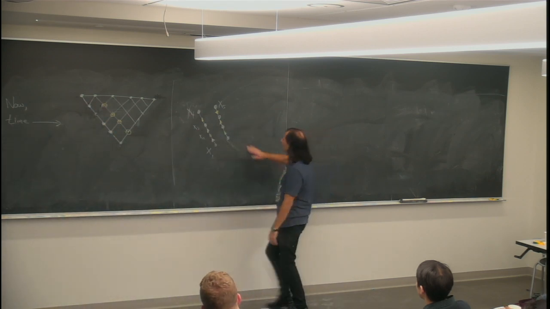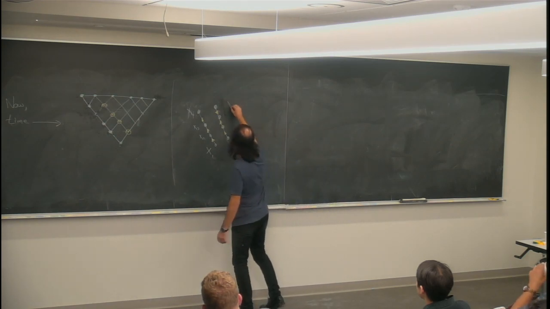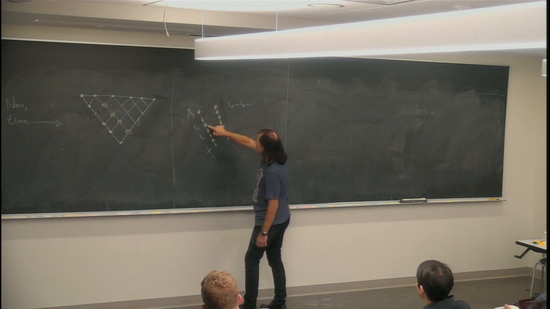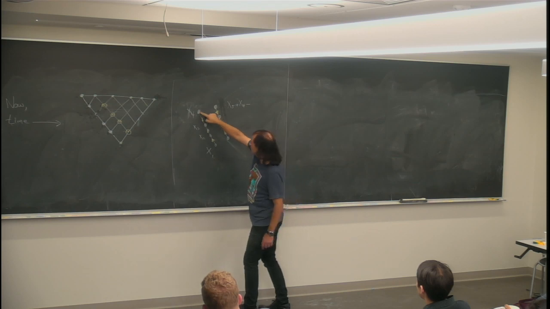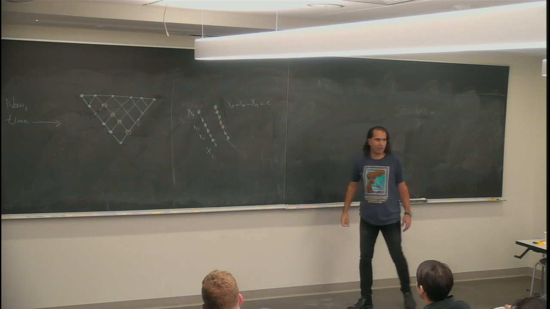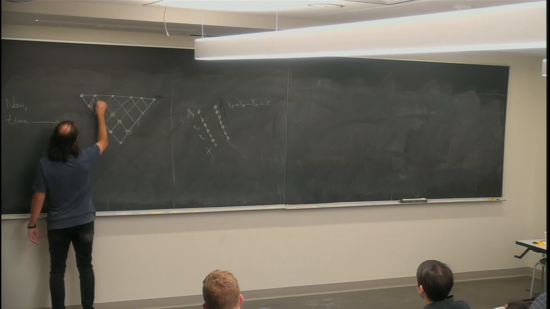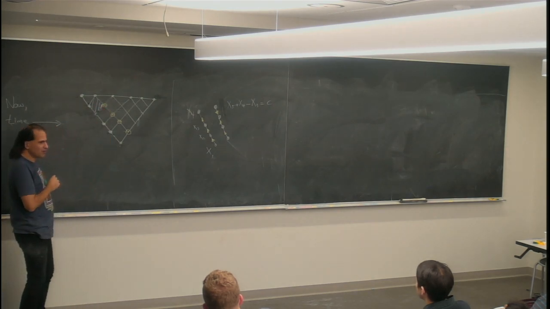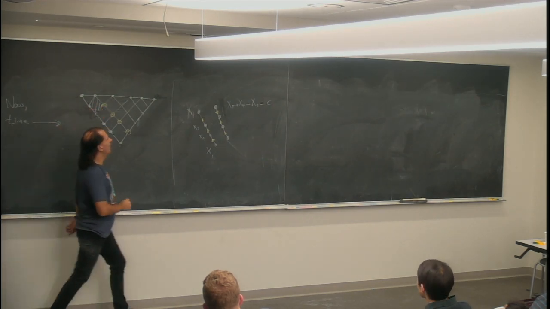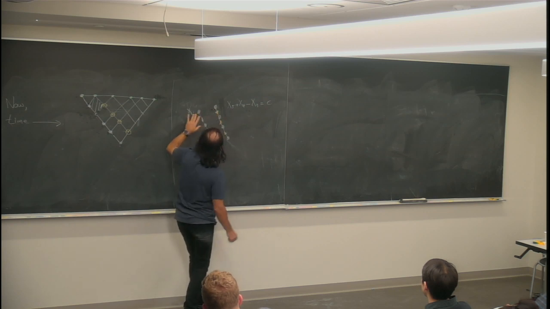And what is this new x variable? I just solved for it. The new x variable, x5, is determined by the formula x5 plus x4 minus the one that it talks to, which is attached to it, x3, is equal to some constant. And it's interesting, the constant is actually attached to this square. So every time I make this move, I write down this formula that solves for the new variable in terms of the old ones.